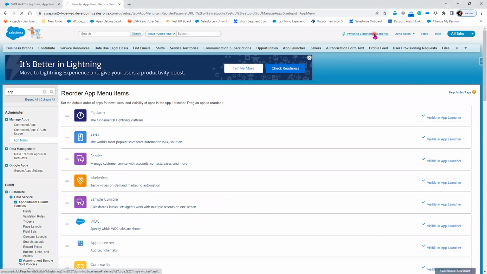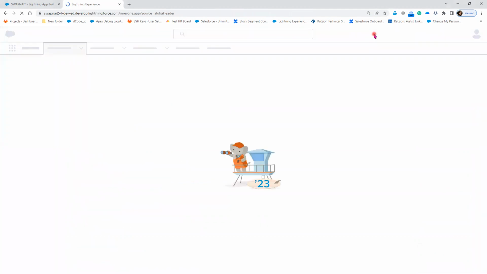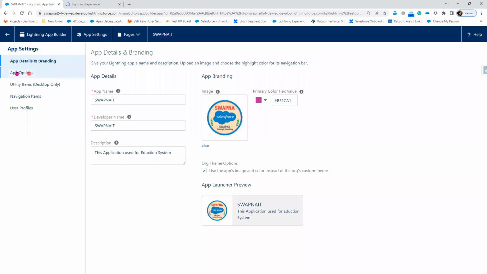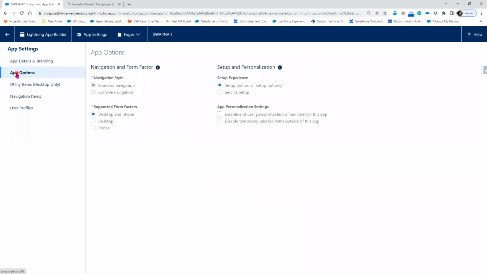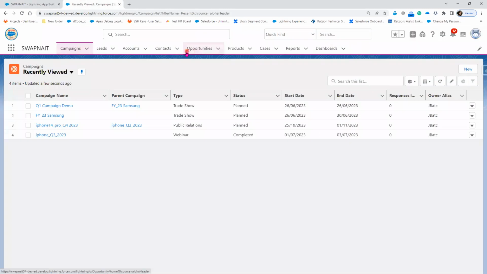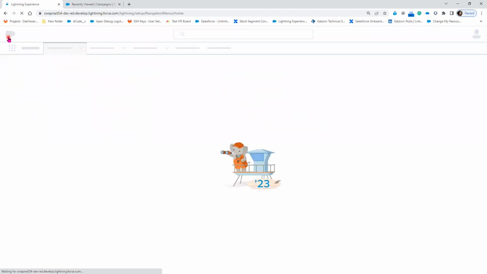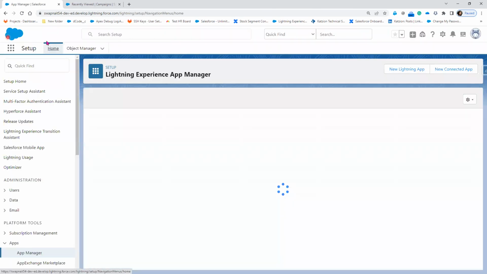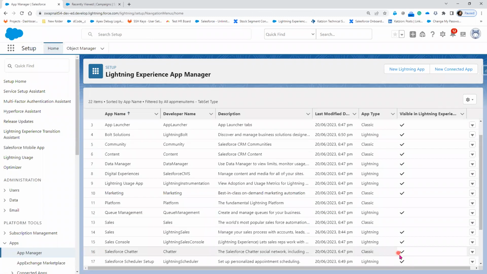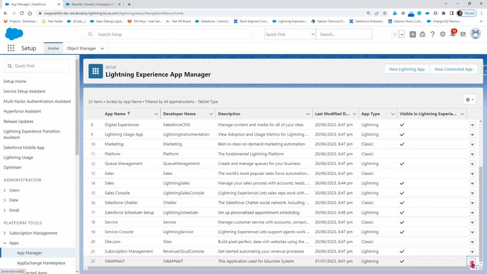Now let me show you one thing in the Lightning. For example, if I change app options, in the app options, for example, I wanted to change it to the console. If I wanted to change it to console, how is it going to display this application? Now, let's assume that I'm going to create a new application here because I cannot change once the application is created, I cannot change the standard navigation to the custom, I cannot change it. So if I click on edit,